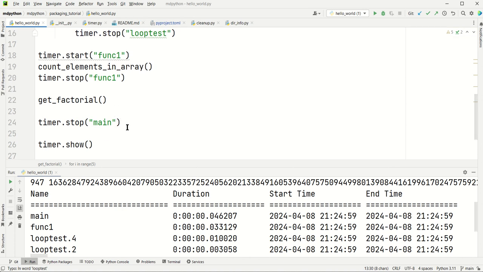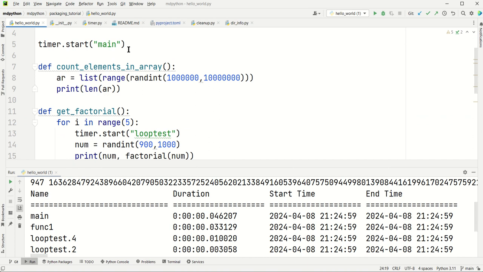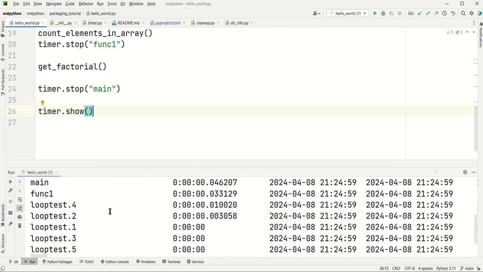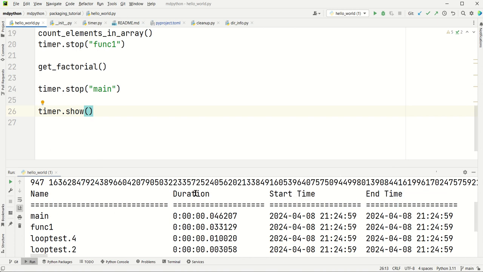And after we have finished everything, we'll stop the timer main, which basically calculates the execution time of the main function, the complete program, and then we say timer.show. So when we say timer.show, it prints out a report with the block which takes the most amount of time for execution first. So main is the full program, so it is showing